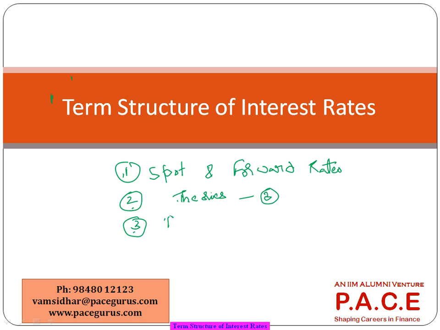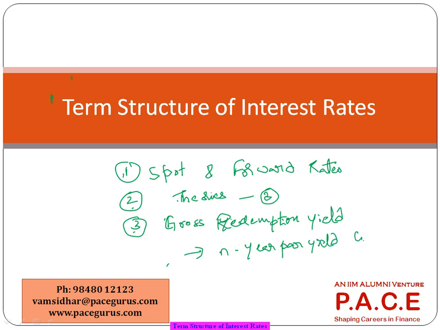And finally, towards the end, we also will look at what we call the gross redemption yield when we talk about the interest rates and the bonds. How do we link the gross redemption yield with a couple of other terms called n-year par yield versus coupon bias? We'll talk about some of the key terms that will drive this space, and we'll also spend